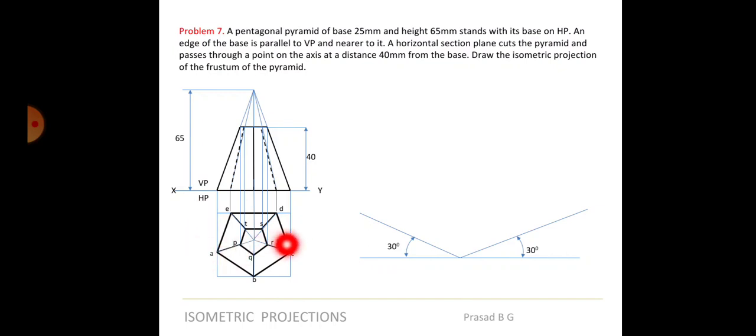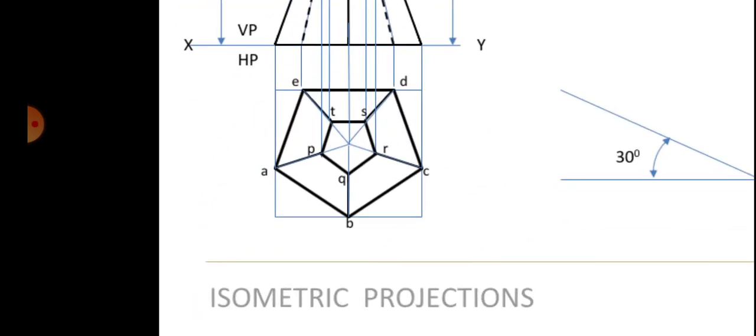Right, it may not be a square. Okay, it need not be a square all the time. This will be different probably. So measure the distances on horizontal line. Let me name the box like this: 1, 2, 3 and 4. So I have told you, right? It becomes easy if you start naming it 1, 2, 3 and 4. If I take this point as 1, this point as 2, this point as 3, this point as 4, then I'll know between 1 and 2 I get B, between 2 and 3 I get C, between 3 and 4 I get D and E, and between 4 and 1 I get A. So that becomes easier.